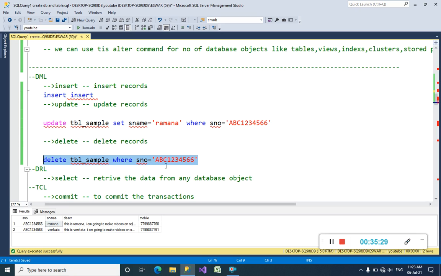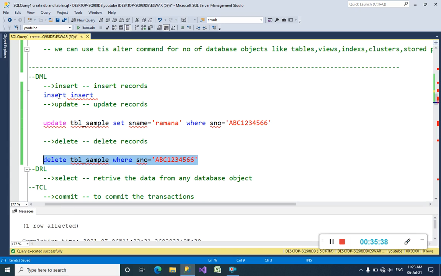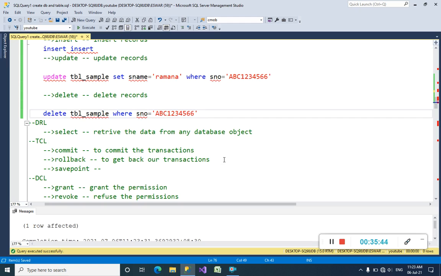How many people have SNO like ABC 1 2 3 4 5 6 6? All those records will be deleted when I execute this command. You can find it easily by giving examples. That's why I'm giving you examples, guys. There is no time wasting here.